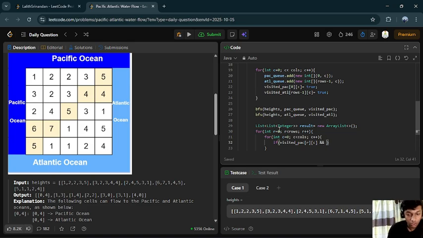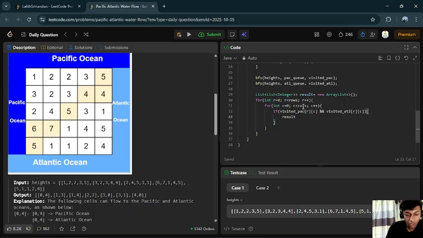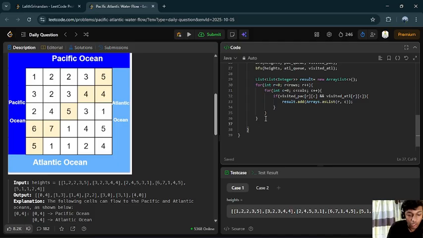and visited of Atlantic of both R and C, then in the result we need to add Arrays.asList of R comma C. Great. Then we can return the